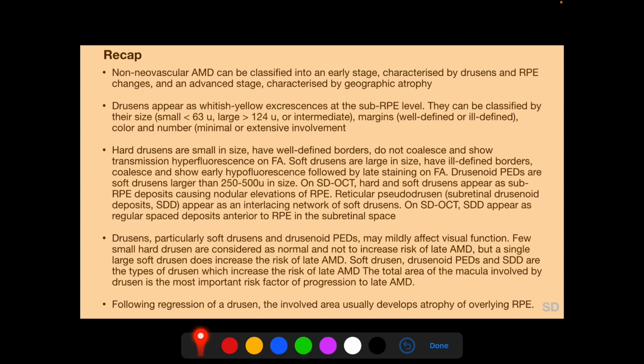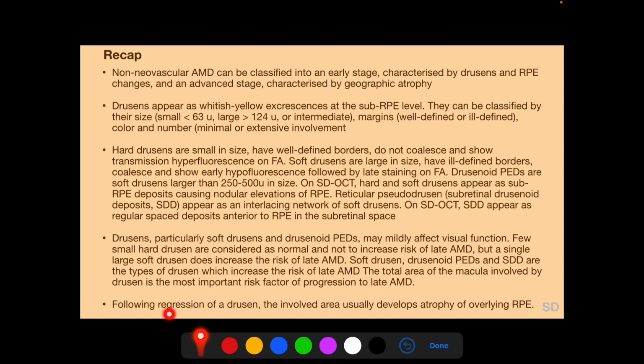Drusen, particularly soft Drusen and drusenoid PEDs, may mildly affect visual function. Few small hard Drusen are considered normal and not to increase the risk of late AMD, but a single large soft Drusen does increase the risk of late AMD. Soft Drusen, drusenoid PEDs and subretinal drusenoid deposits are the types of Drusen which increase the risk of late AMD, and the total area of the macula involved by Drusen is the most important risk factor of progression to late